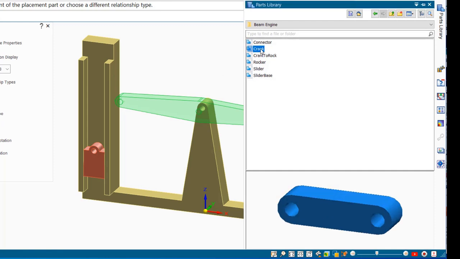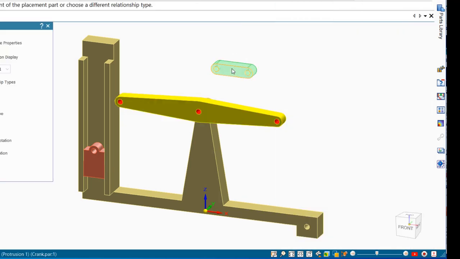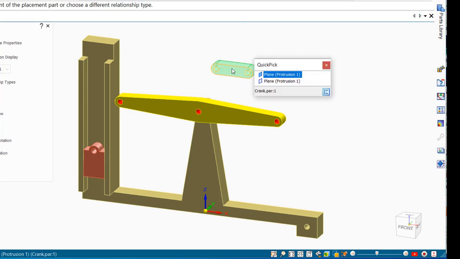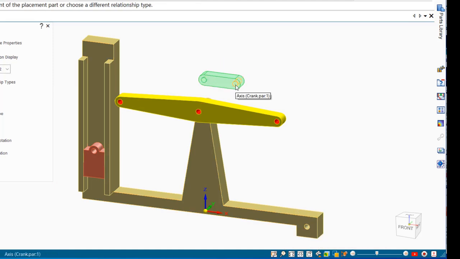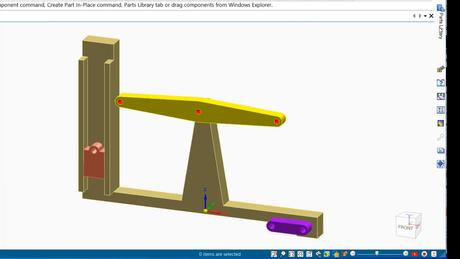Let's take the crank now. So I'll drag the crank in, back face again, right mouse click to get the back face. I'd like to put that on this face. And I'll come down to the axis and lock to this cylinder axis. Now come back to my parts library,